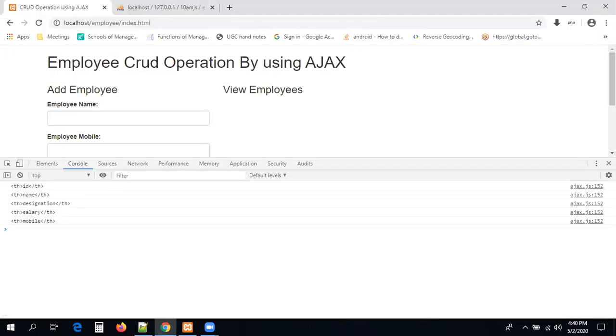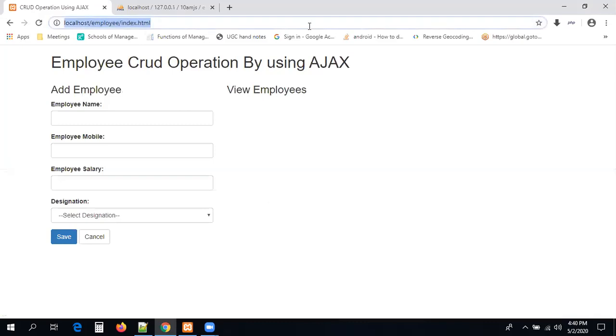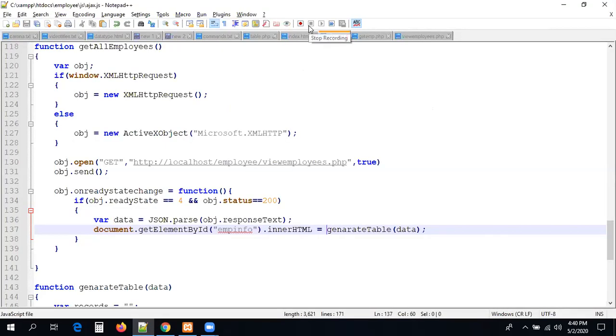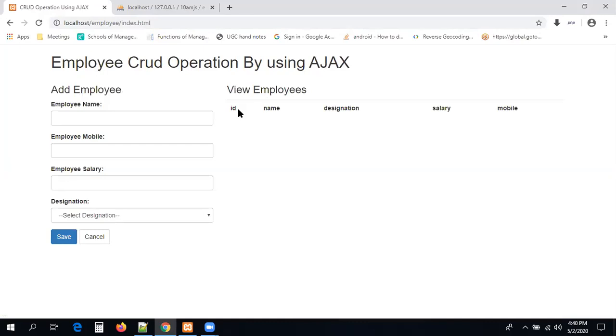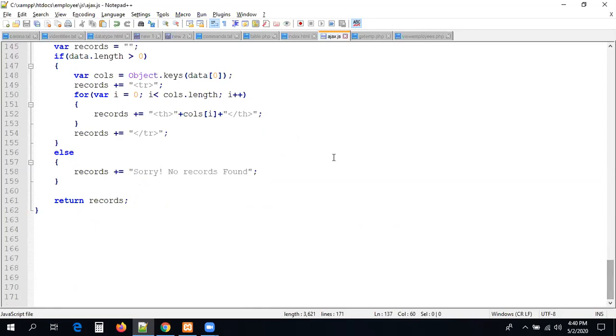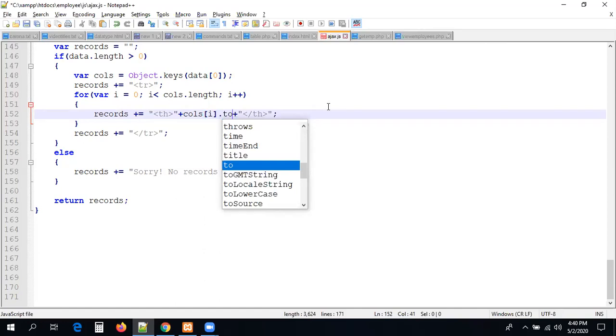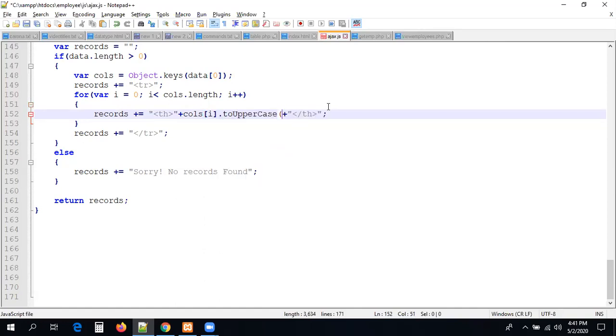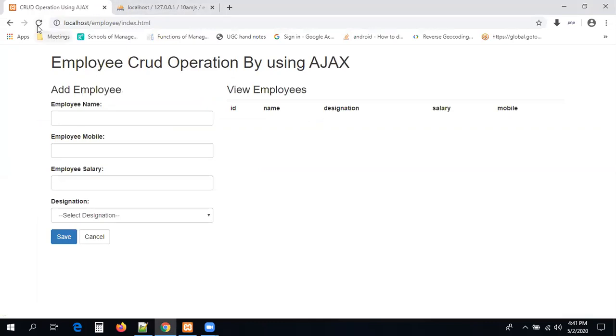You can see now the table doesn't have anything here. Refresh it. We can see the headings on the screen: ID, name. These are all coming from the service, guys. Now if you want to display the headings in capital letters, we can do one thing where we are displaying the headings here. We can write a small thing called toUpperCase. This is a JavaScript method. If you apply this, the headings will be in uppercase. Right. You want to go with lowercase? Yes, we can go with lowercase as well. Right. Now headings are completed.